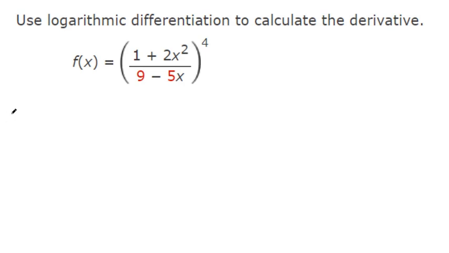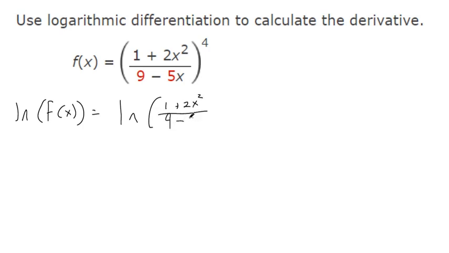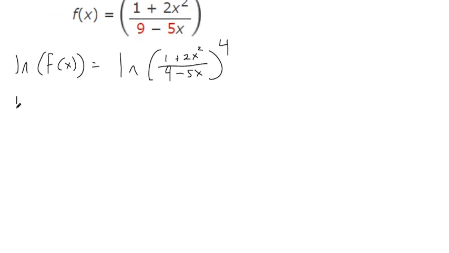When we do logarithmic differentiation, that means we take a logarithm of both sides and then take a derivative. So we're taking a natural log of the original function. We're taking a natural log of the other side so that we keep it balanced. Okay, so when we take a derivative of both sides,